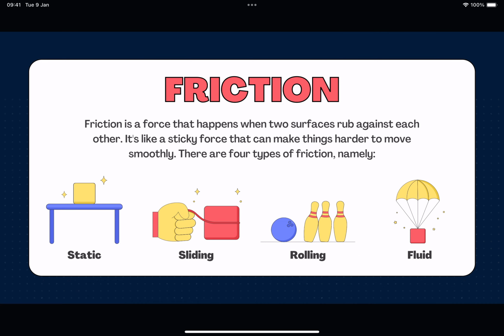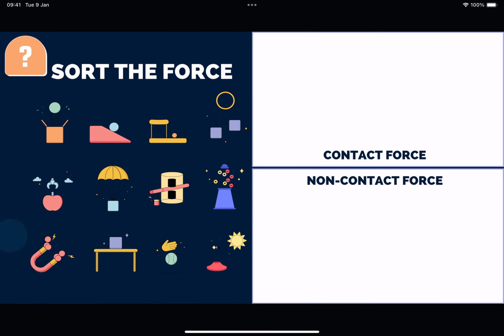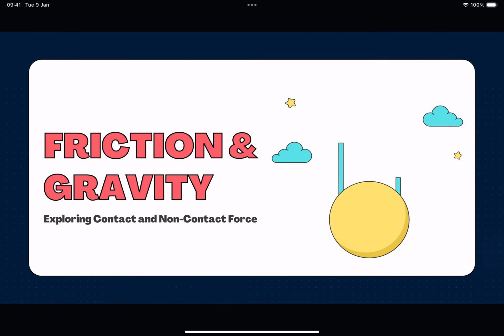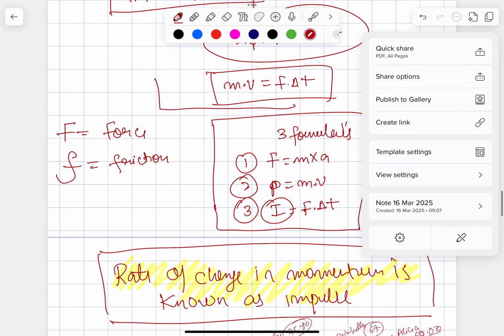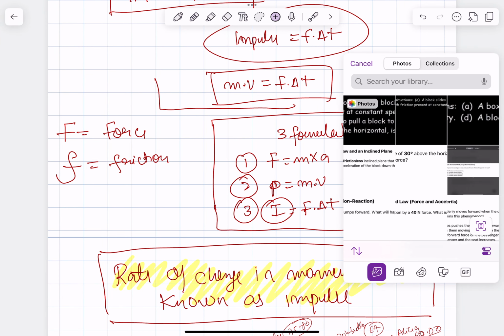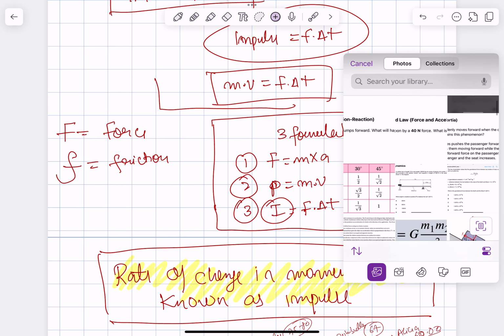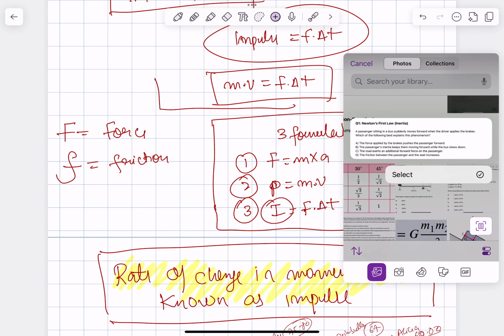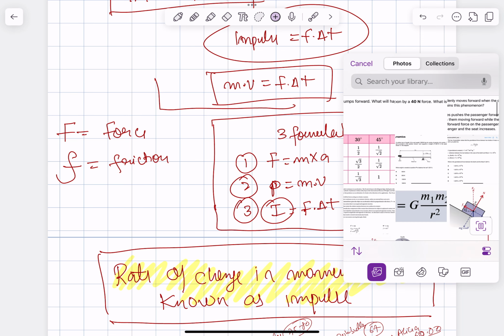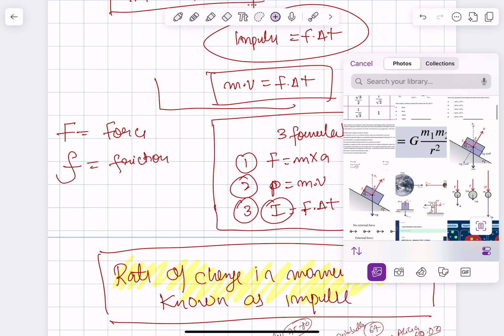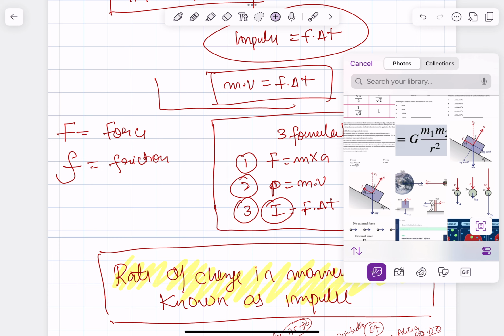Okay, I think non-contact and contact force is quite easy, and I don't have to tell you more examples about that. Let's move forward with friction and gravity, because this is important, and because most of the questions in IMAT are asked from it. No, before that I need to give you a clear concept about